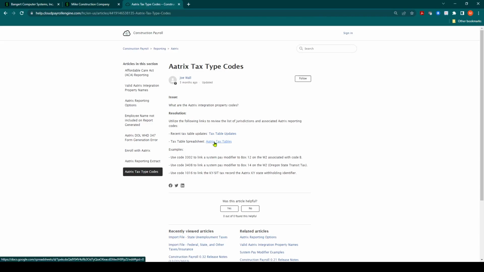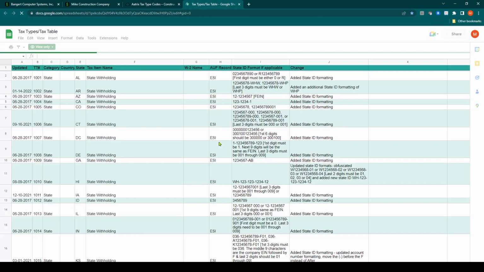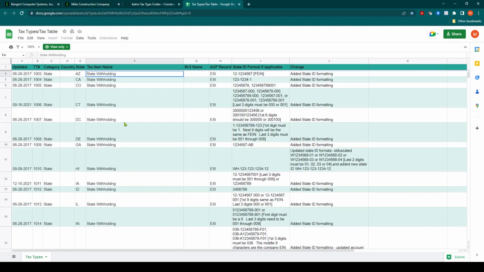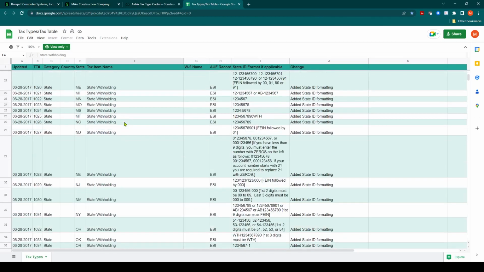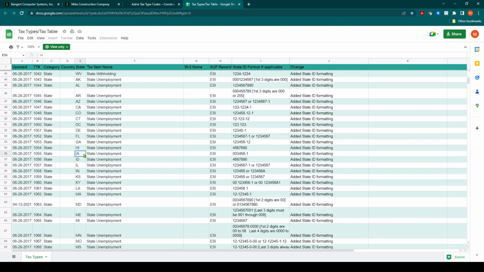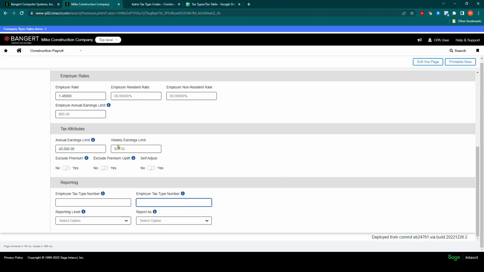Now, when you import taxes, those pre-fill in automatically, but in the case of the unemployment tax, we'll click on the tax tables. And you can also make a bookmark here, and I'd recommend that. And if you notice, it has every tax in the system, and we're looking for the unemployment taxes, and you can filter on this. But if I scroll down far enough, I'll see all my state unemployment lines. And I'm looking for Iowa. There's Iowa. There's my tax code number. And you'll notice it here in the second column, 1055. That's the code that needs to be filled in right here under employee tax type number, 1055.